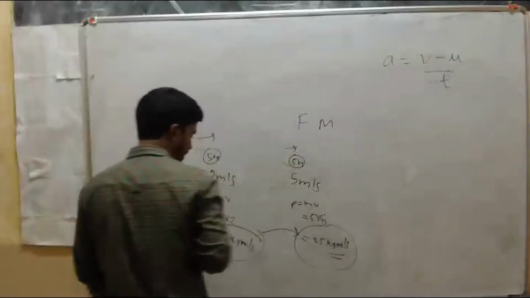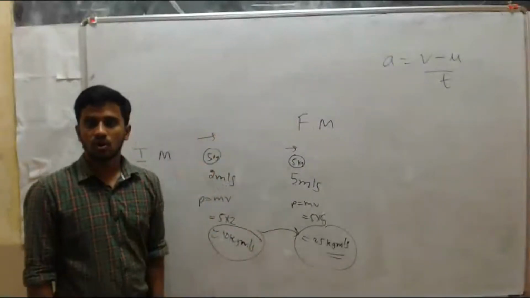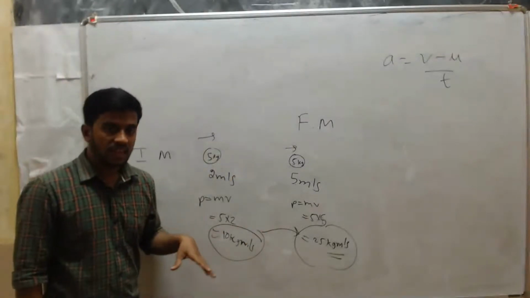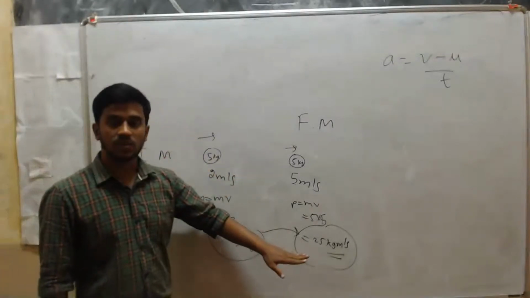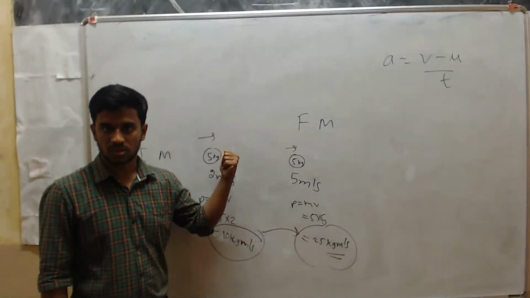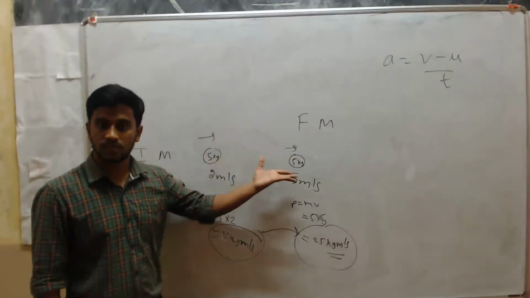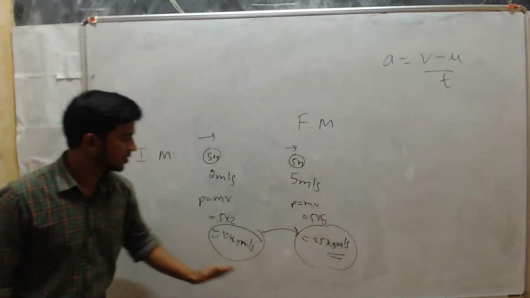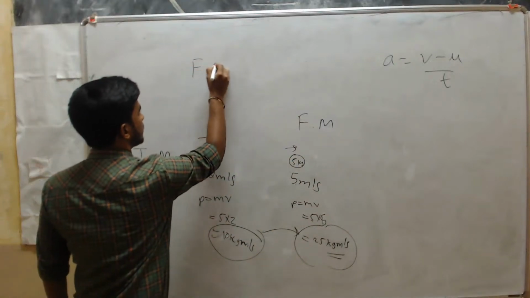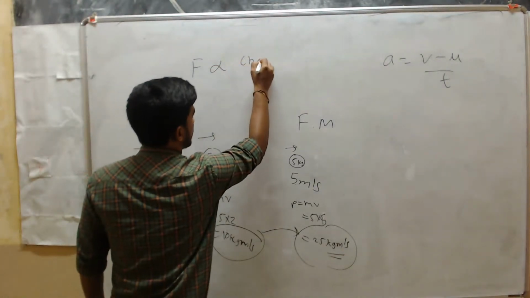Now see here, momentum is changed. Why? That is because of force. So now clearly I can say the momentum is changed in a given time because of the application of force. Clear? So we can change the momentum in a time because of the application of force. We can represent this overall thing mathematically like this. That is, F is directly proportional to